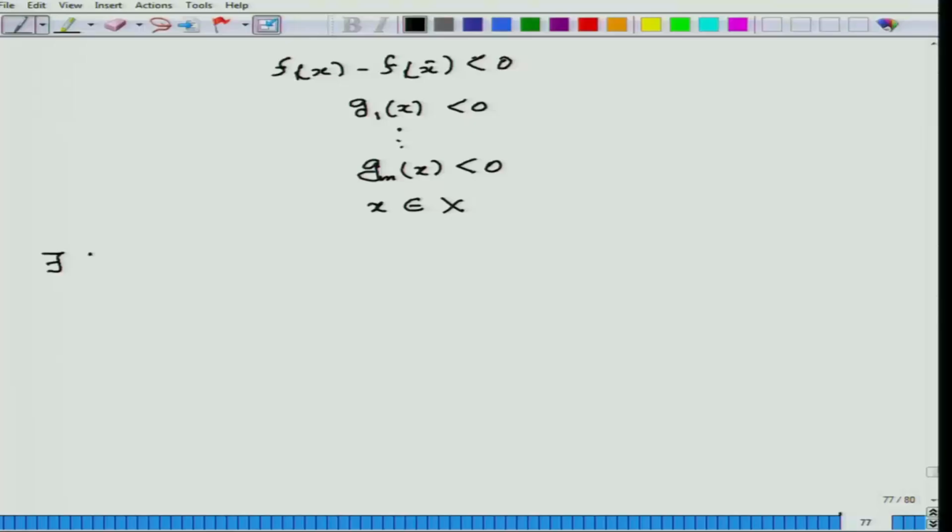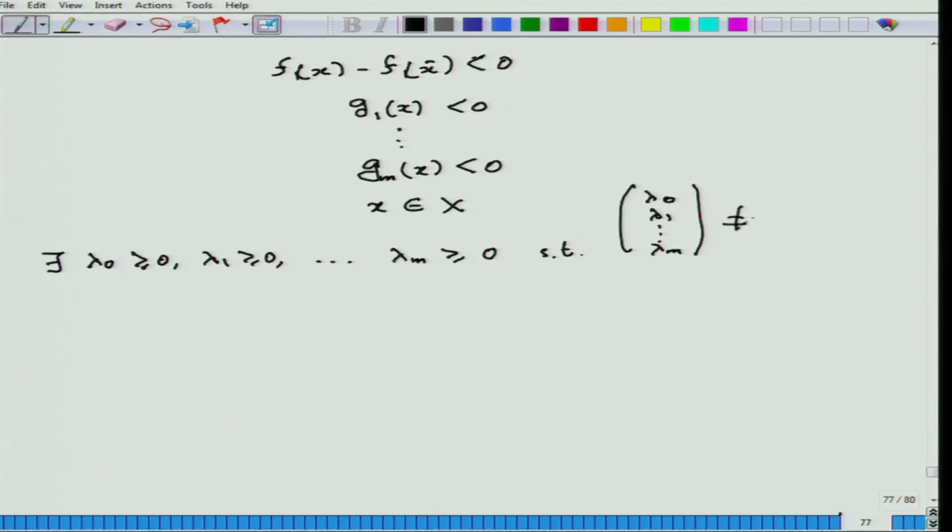So, there would exist lambda naught greater than or equal to 0, lambda 1 greater than or equal to 0, dot dot dot, lambda m greater than or equal to 0, such that the vector lambda naught, lambda 1, lambda m is a non-zero vector, and such that this is non-zero, and lambda naught